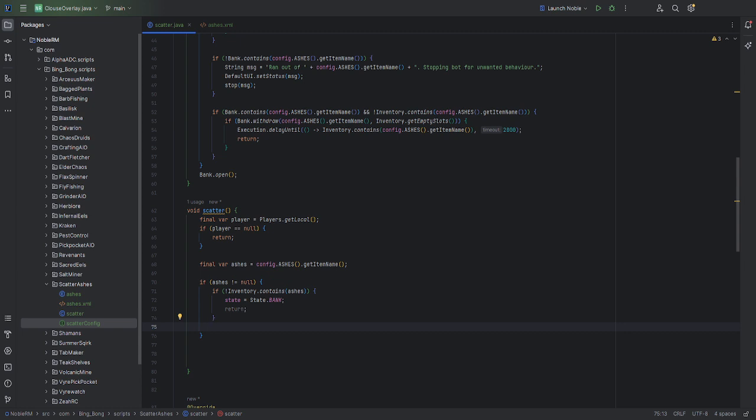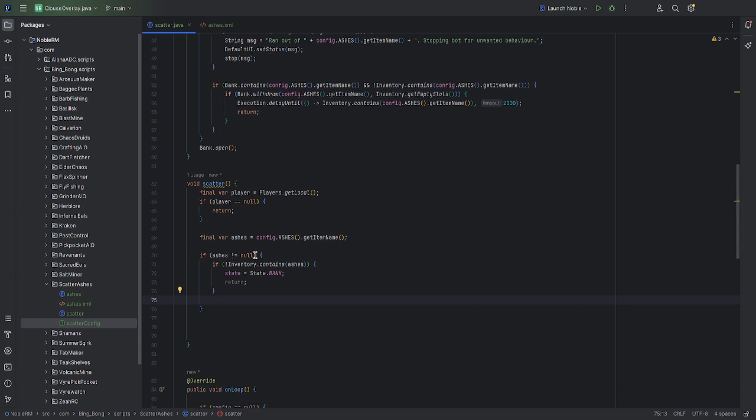Right, so if the ashes don't return null, and we don't contain any ashes anymore, we call the state bank. Else, we must start interacting with them. So if ashes.interact,